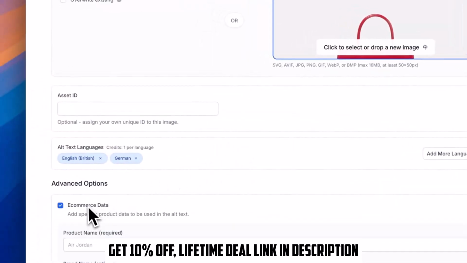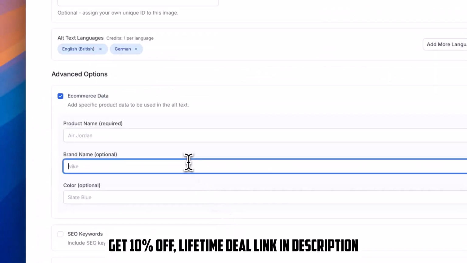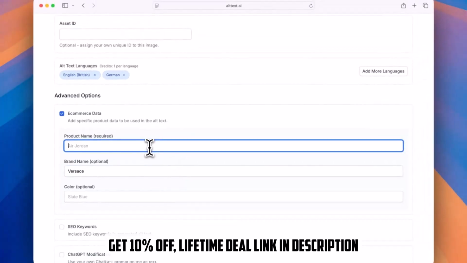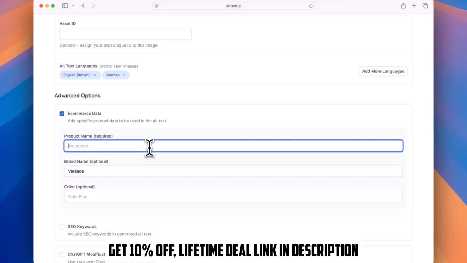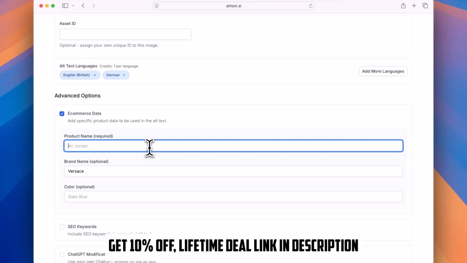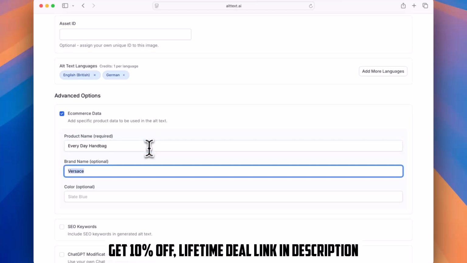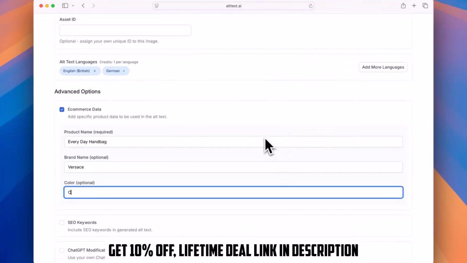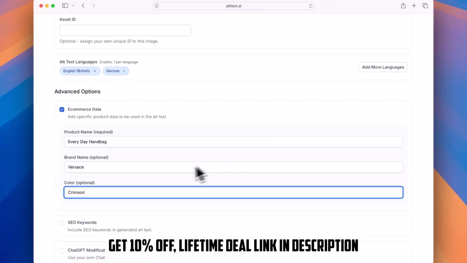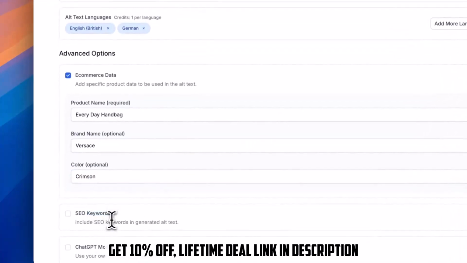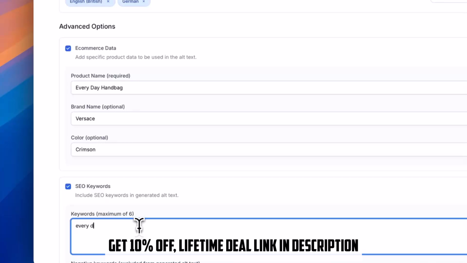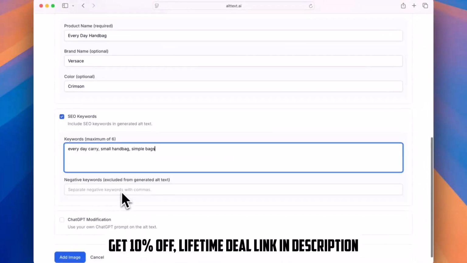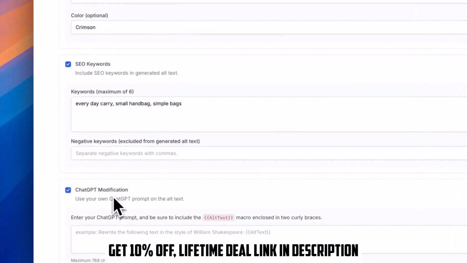Okay, e-commerce data. So there's obvious stuff where you would have your brand names. You would also potentially want to target a small slice of the market. So let's say everyday handbag, and let's say this is red, but let's say our product color is crimson. SEO keywords. Everyday carry. So you have a handful of SEO keywords,